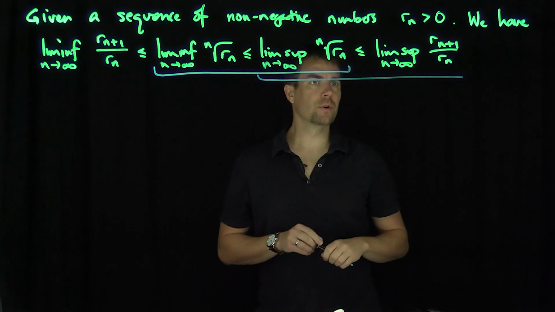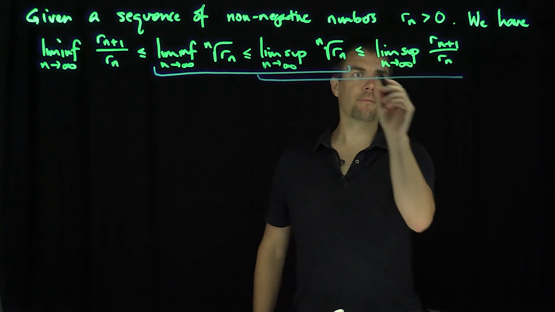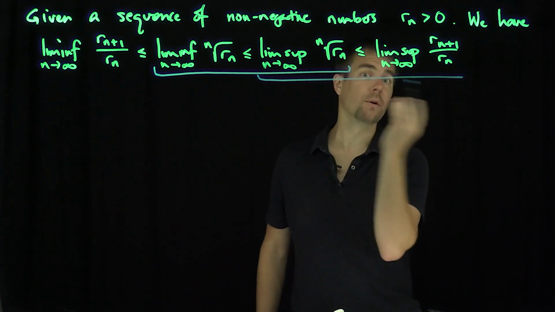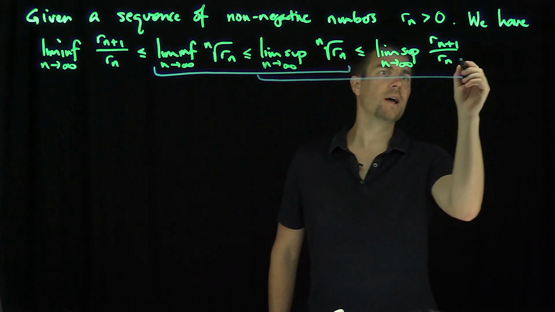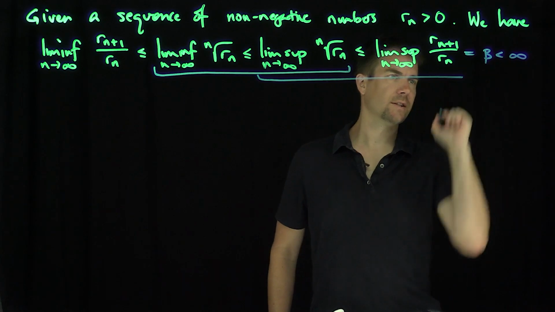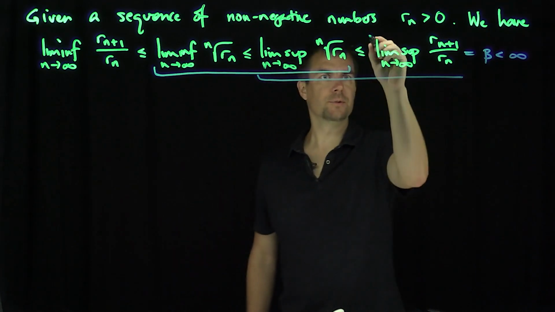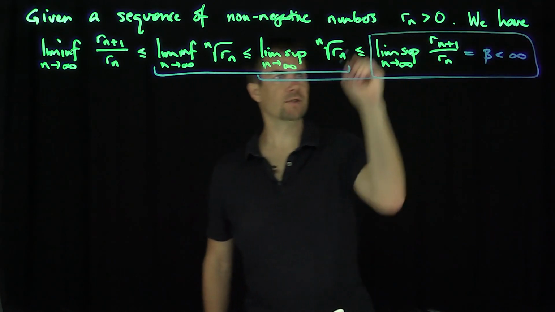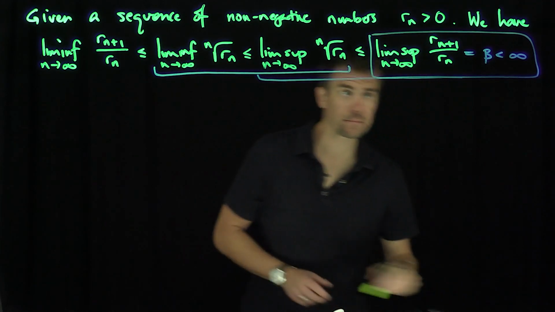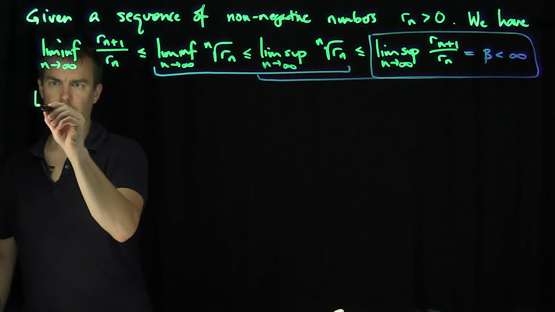If, for example, this limsup was infinity, then this inequality is trivial, right? So we're going to assume that this is equal to some number beta, which is less than infinity. In other words, this limsup over here is equal to a fixed number beta. So now what we're going to do is the following. We're going to let epsilon be greater than 0,